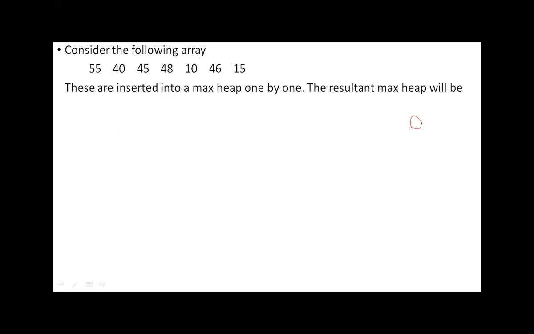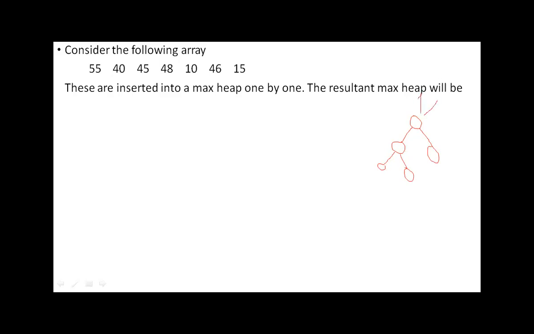In a heap, whenever you assign a value, first you should fill the left child. Afterwards, you should fill the right child. After filling these two, you can start again from the left child. Again first fill the left child, then fill the right child. Like this, for each node in each level, you have to add the values to this heap. This is called a heap.